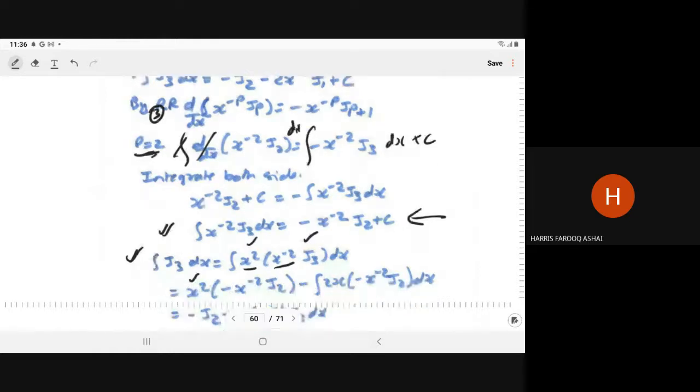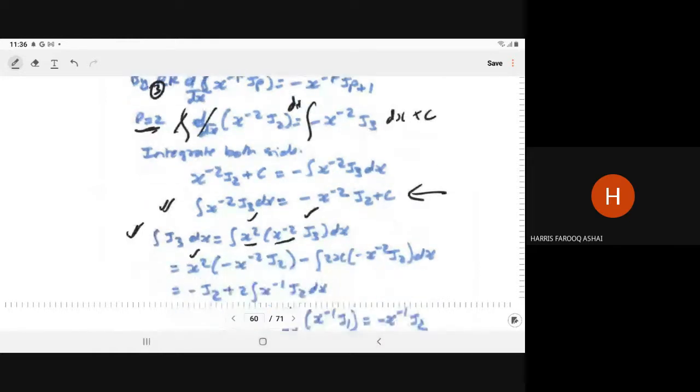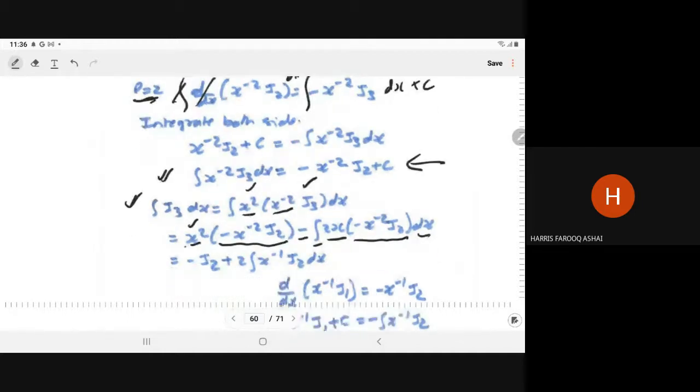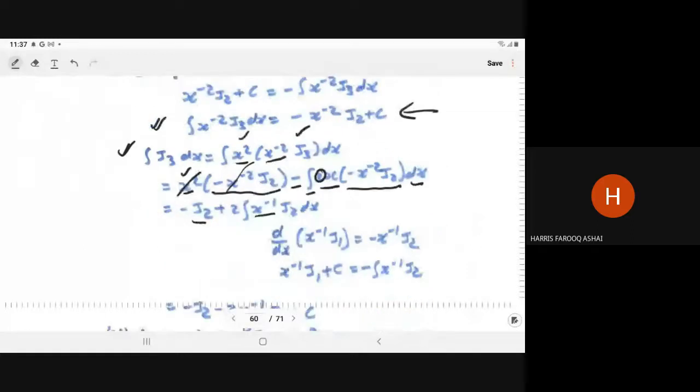So in this case you put the first function as it is, integral of the second function, minus the integral of the derivative of the first function, 2x, times the integral of the second function with respect to x. So in this case the x to power 2 will cancel with the x to power minus 2, so minus j2 you will get, and 2 you can take common. Inside we have x to power minus 1, x into x to power minus 2, so inside we have the integral of x to power minus 1 j2 dx, and x to power minus 1, again by the same recurrence relation 3,